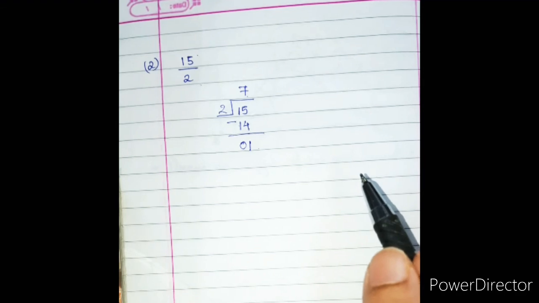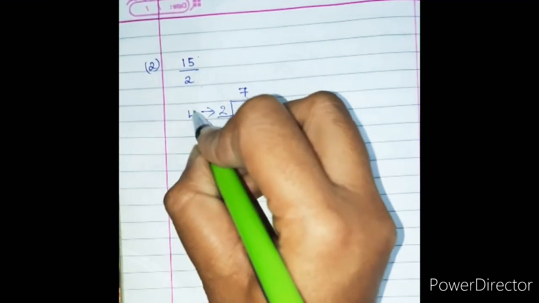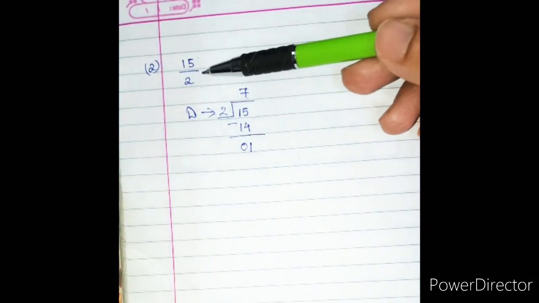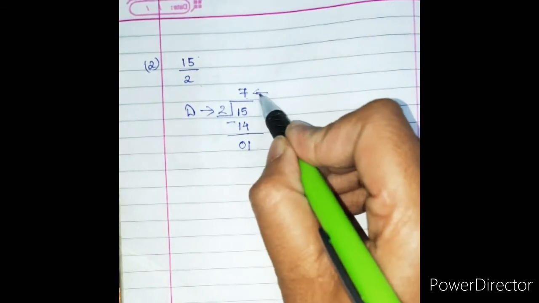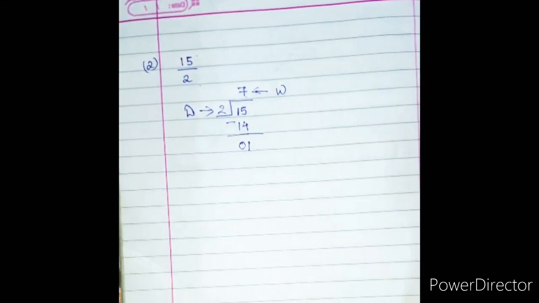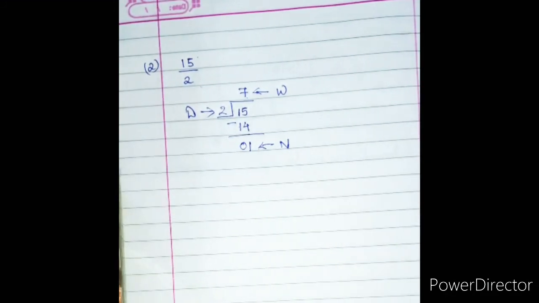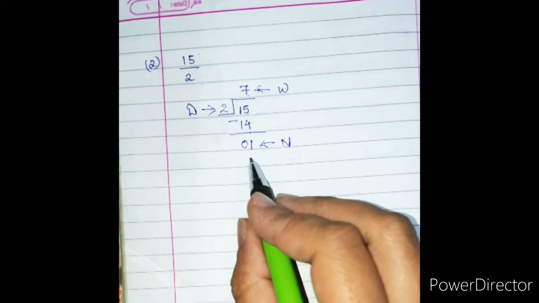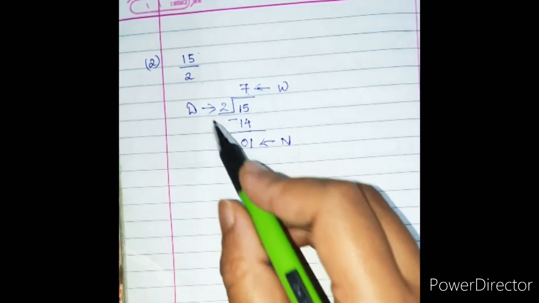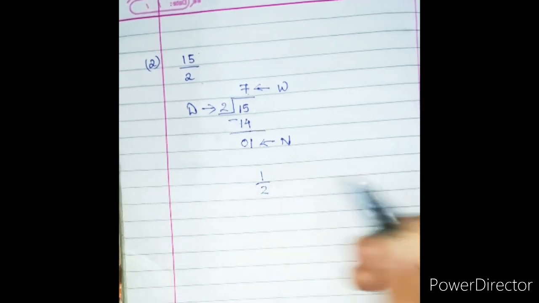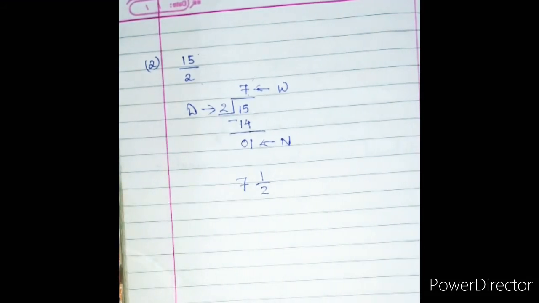Let's mark the parts for the mixed fraction. This is our denominator, which remains the same as in the fraction in the question. This one becomes the whole number because it is fully divided. What is remaining becomes the new numerator. Let's put down our fraction. The numerator is 1, or you can put the whole number first also, no problem. The denominator is 2. We have a half here and the whole number 7 which comes in front.